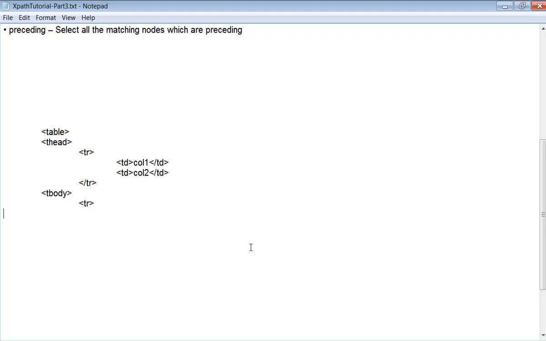Then you have the first table row in the table body, with a table data for column 1, another one for column 2, and like that you have values till column 5.